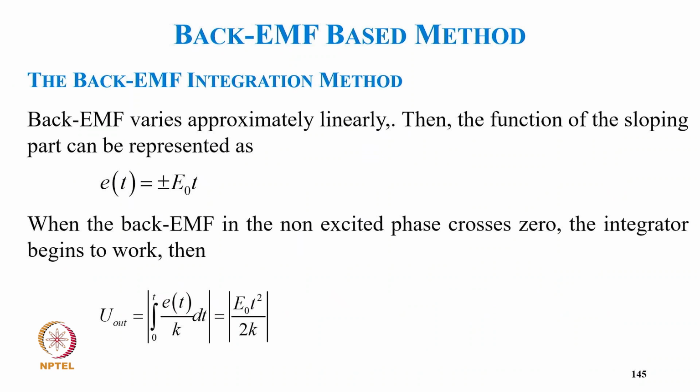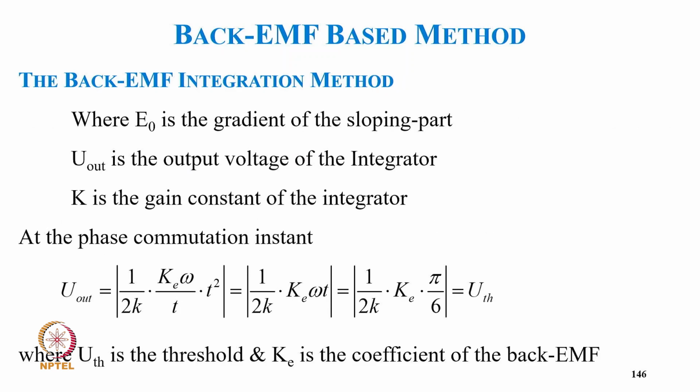So the back EMF varies approximately linearly, then the function of the slope can be put as a representative e(t) equal to plus or minus E0 into t. When the back EMF in the non-excited phase crosses 0, the integrator begins to work, then U out equal to absolute value of integral 0 to T of e(t) upon K dt, that is equal to E0 T square upon 2K, where E0 is the gradient of the sloping point, and U out is the output voltage of the integrator,